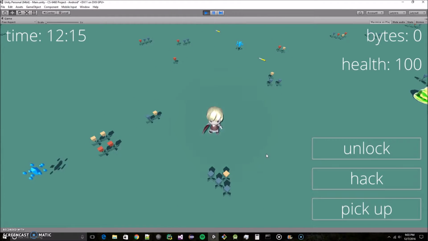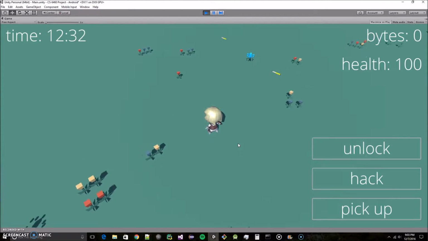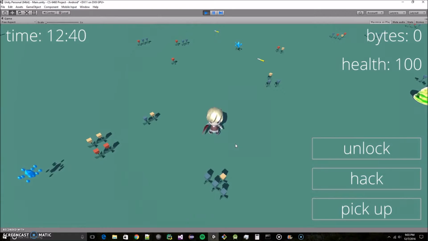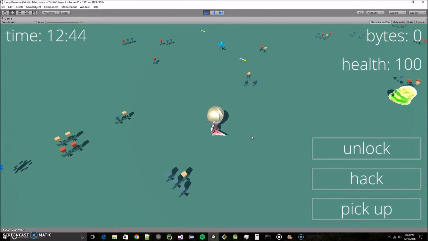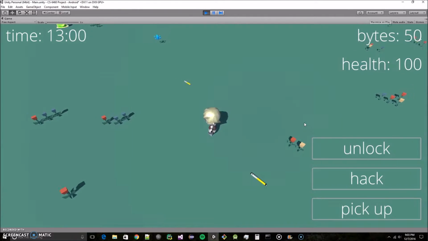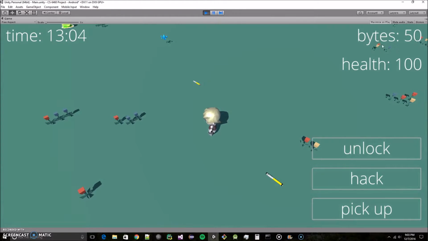One quick note is that I'm running this on my computer inside of the editor itself, and for some strange reason the animations for the walk cycle and all that just don't work here, but on the Android app they work just fine. Anyway, I can come around here and you see these floating blue things. These are bytes. Bytes are an in-game currency of sorts in the game. You can go and collect it, and you can see my counter just increased to 50,